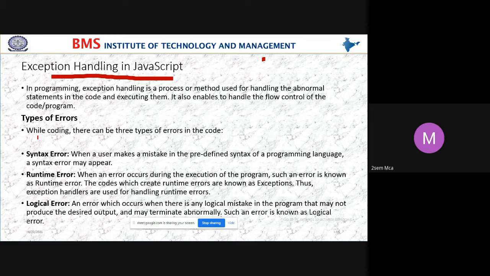There can be 3 types of error in the code when we are executing a program. The types of error are syntax error, runtime error, and logical error. What is syntax error, students?